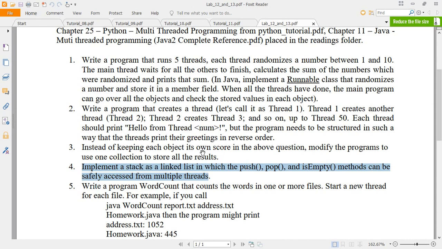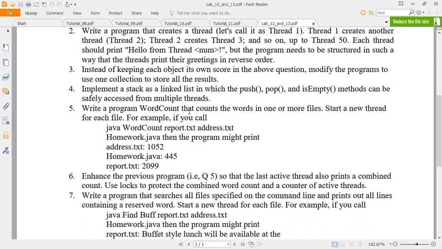Write a program word count that counts the words in one or more files. Start a new thread for each file. For example, if you call java word count report.txt address.txt homework.java, then the program might print address.txt so and so many words.